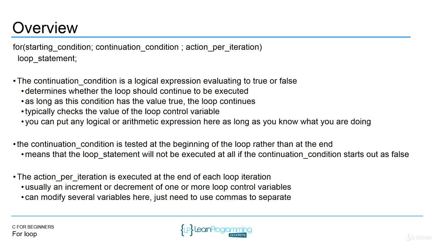The action per iteration, which is at the very end of the for loop, after the second semicolon, usually does some kind of modification of the loop control variable. It will increment it or decrement it if it's a loop counter, or if it's a sentinel loop, it may ask the user to enter more input. You can also do more than one modification of a variable. You can modify the loop control variable and you can modify other variables. You just have to separate them by commas. But to summarize everything I said,